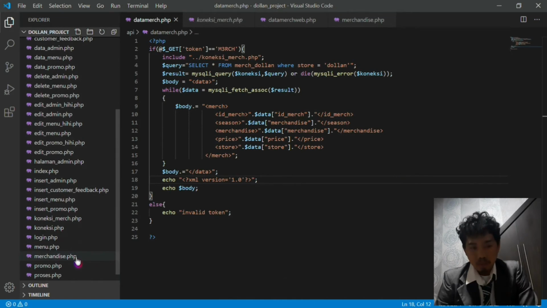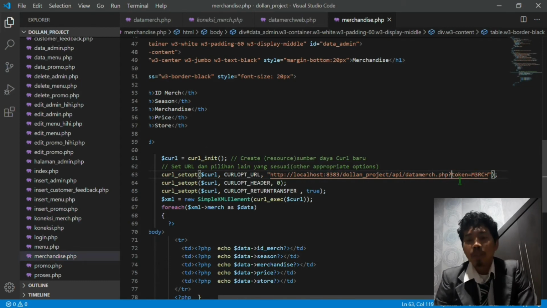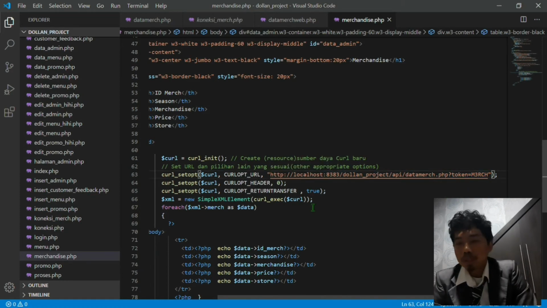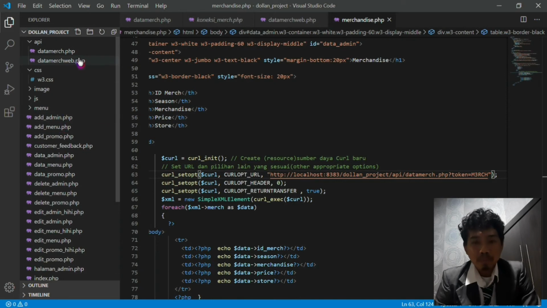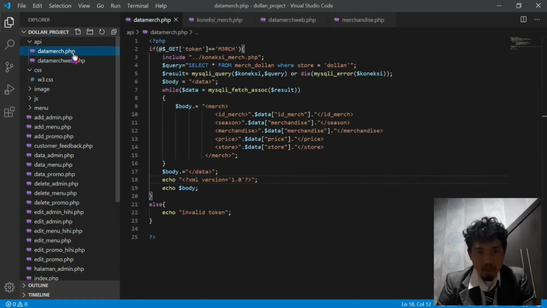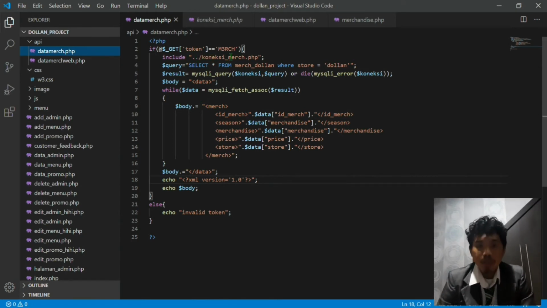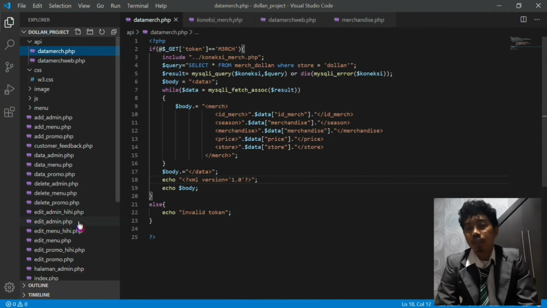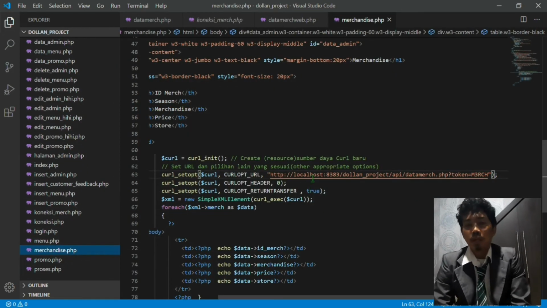How could we call the datamerge.php? Because this has the token. Here the token is M3RCH, or merge. We check with the datamerge.php. Here you can see the token is M3RCH here. It's the same as merchandise.php has here. So then we can call the XML shim,